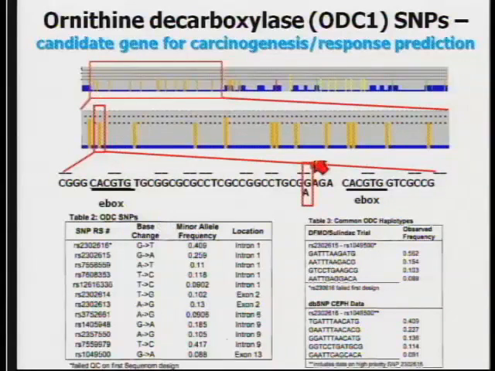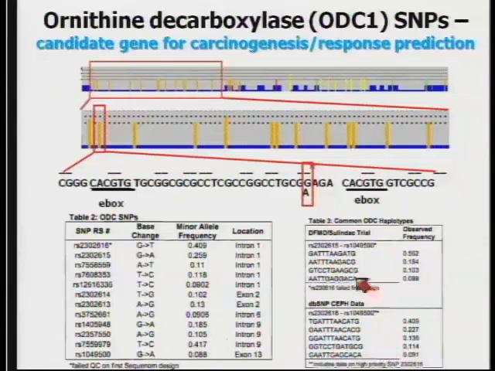Now, we have sequenced this whole gene in our clinical trials to determine actual allele frequencies of these particular polymorphisms, and they're shown here. We have established, through both our own sequencing data and also publicly available databases, haplotypes that account for the majority of us in terms of this particular genotype, and they're shown here. And I just wanted to comment that we are looking at the functionality and the associations of these haplotypes, because we think these are going to be the most significant for predicting both disease prognosis and prediction.